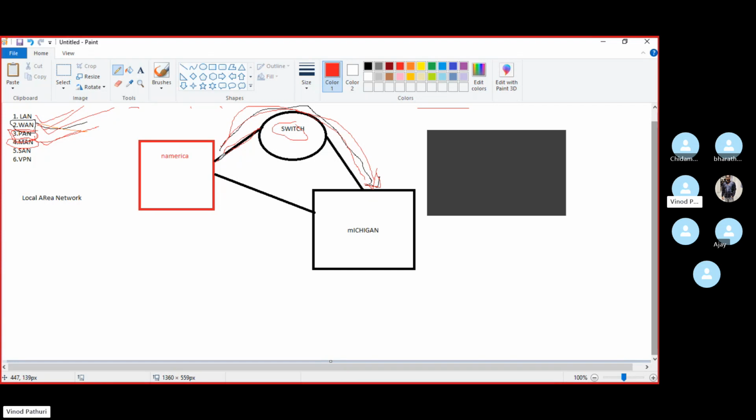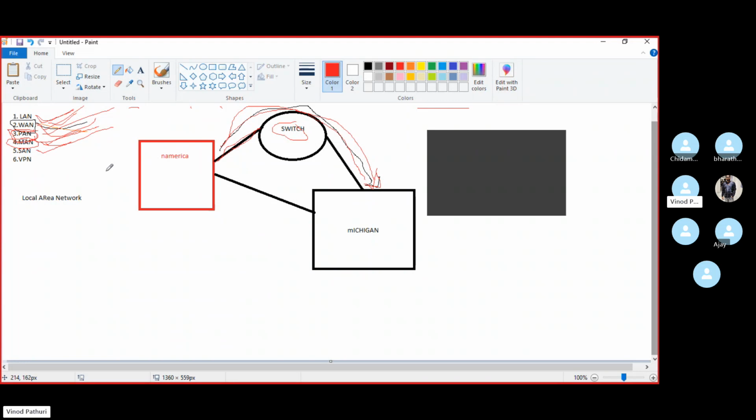That's how it will work. So you are clear about LAN, WAN, personal area network, metropolitan area network? Yes. Okay.